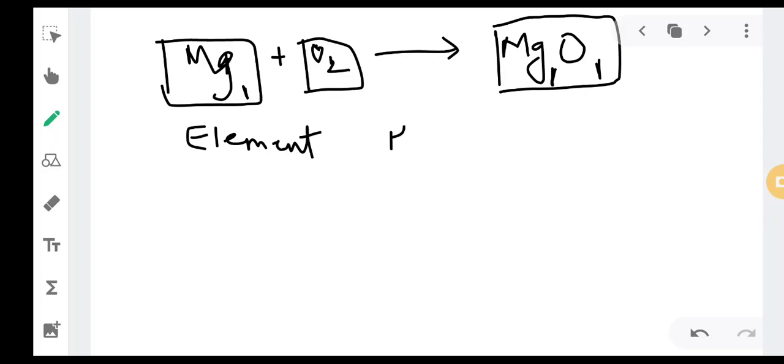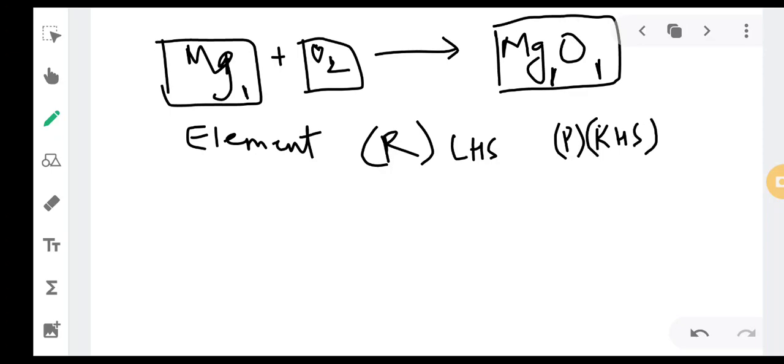Okay, then you have to write, suppose you can write reactants as R, or nothing but you can write it as left hand side reactants. Since reactants are present on the left hand side, you can also write it as LHS. And products you can write as RHS. Just for reference, we'll not go into much detail.